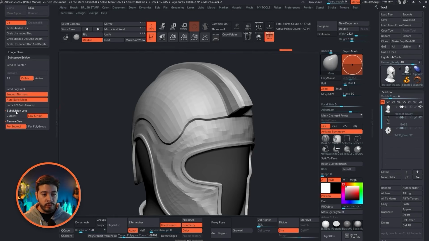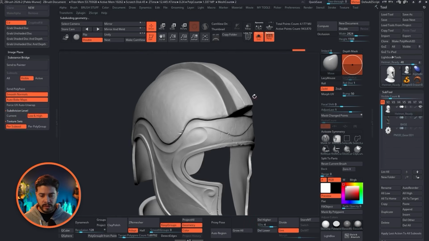And then you have two more options. You have subdivision level, you have Current, and Low and High. So Current means that you can send maybe something like this, like 4 subdivision levels, which is currently almost 1 million polygons. That should be fine in Painter, depending on your computer, but it should be fine. So if you click on Current, it's going to send this resolution, or this amount of subdivision, into Painter